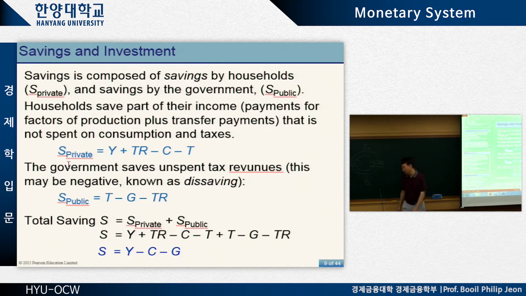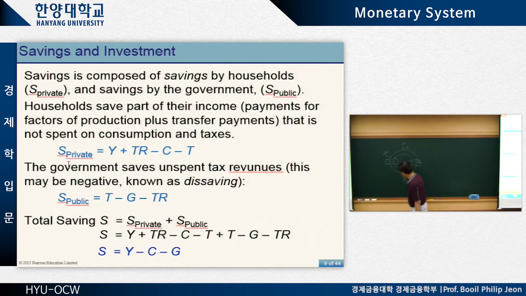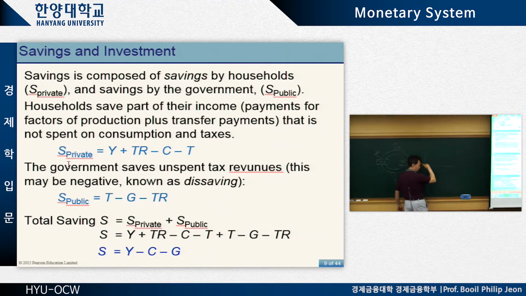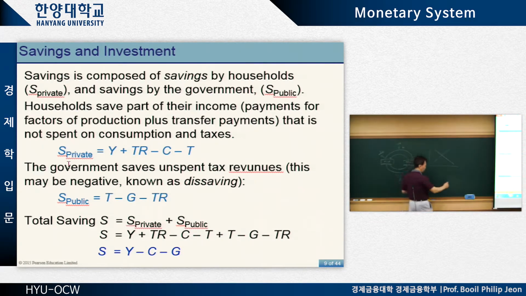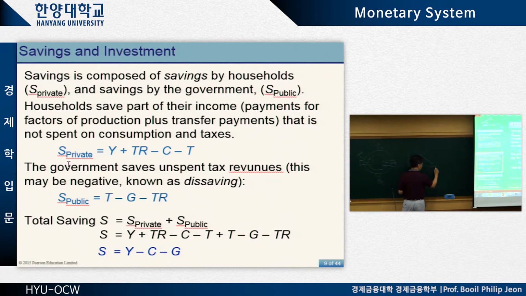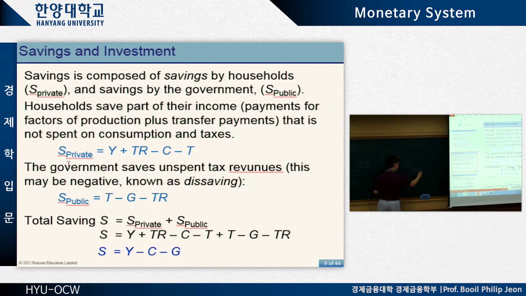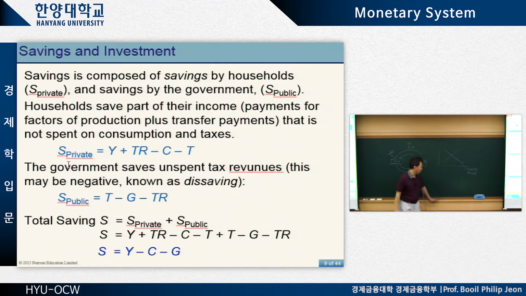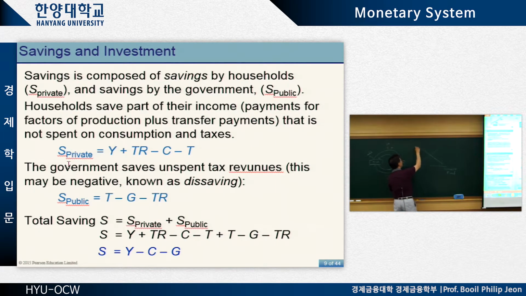Right? So the idea is we have a financial market. In the market we have demand and supply, right? And of course we have quantity of money here, or loanable fund, loanable fund, in other words, money that can be lent. Yeah? And the price of money is the interest rate.